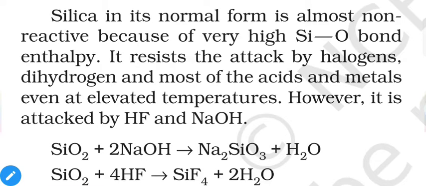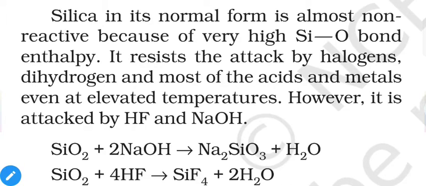This compound is almost non-reactive, that's why it is one of the major components of the earth's crust. If it were a reactive compound, then you would find a comparatively very low amount of it. But if compounds are stable, then we can get a higher quantity of it. So this is the reason why silica is the main component of the earth's crust. It is almost non-reactive, that means it won't react with compounds normally.